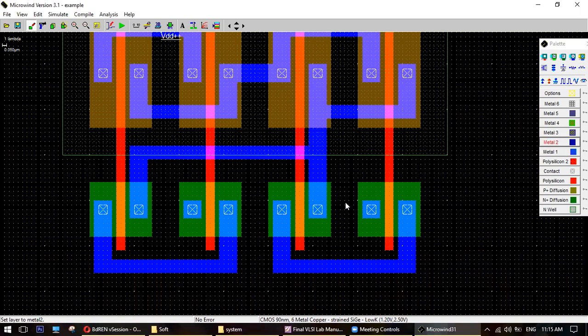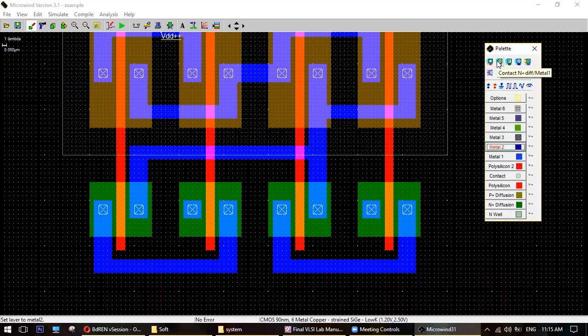But remember one thing, this contact here, can you see that? This is a square box. This one is for what? What metal? N-type, sir. No, N-type and metal what? Silicon, sir. No. If I go there and there is a text, read that. Contact N plus diffusion / metal 1, right? Yes, sir. And this one, P-type diffusion and metal 1. So these connections are for what? Metal 1, sir. All for metal 1. So it will not work with metal 2.